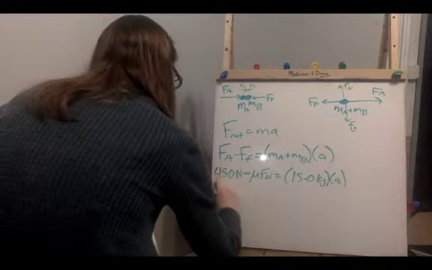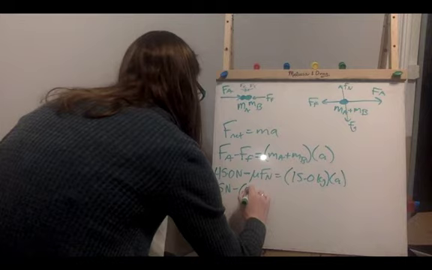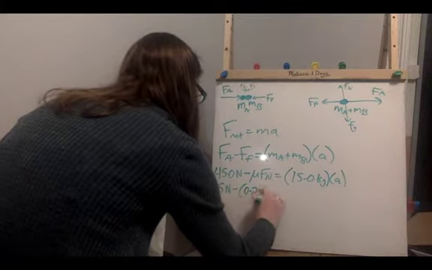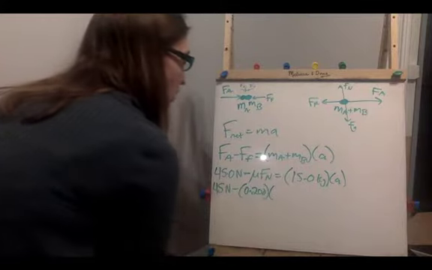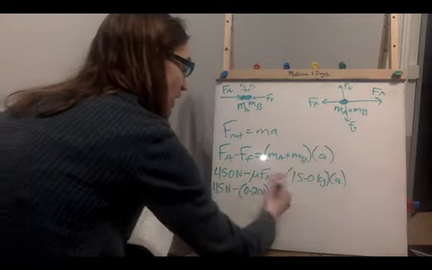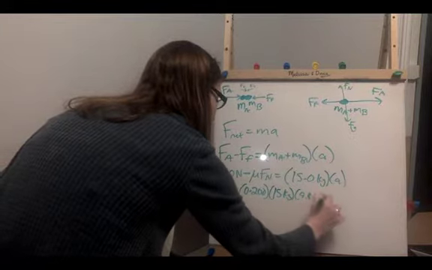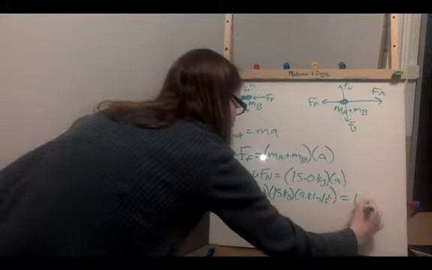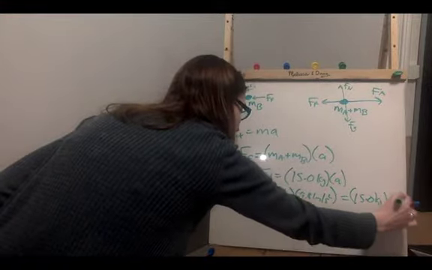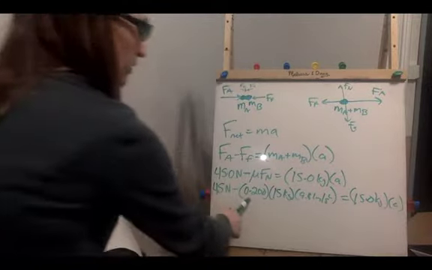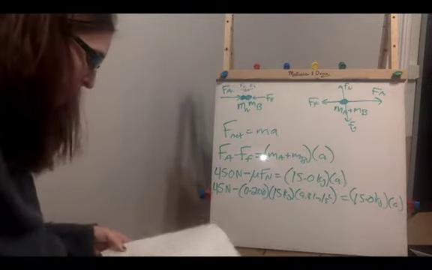So again, this is our 45 newtons minus our coefficient, which was given to us as 0.200, multiplied by our normal force, which is the same as our force of gravity. So it's the mass, which was the sum of the two masses, so 15 kilograms, multiplied by our 9.81 meters per second squared, and that's equal to our 15 kilograms times the acceleration. Okay, so this we can calculate, right? The 0.2 times